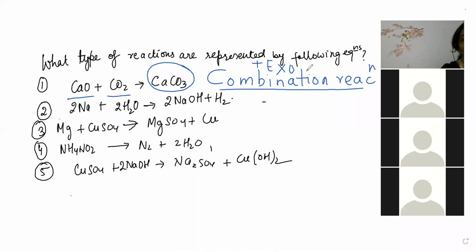Now here, the second one is what type of reaction? Here, sodium is a more reactive metal and sodium displaces hydrogen. So it is what type of reaction? Very good, Kavya. Someone wrote combination, others wrote displacement, decomposition, double displacement. No beta, it will only be displacement. Sudarshan is correct, Sudarshan has given the second answer.